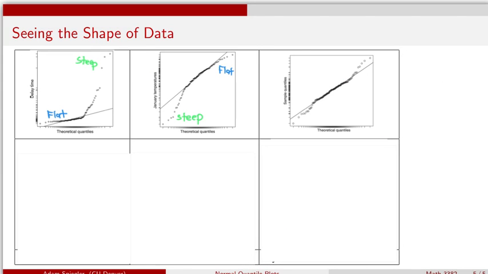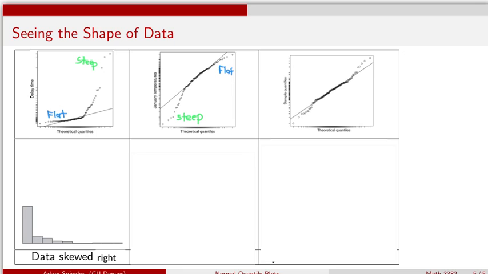So to just summarize the examples that we took a look at, this first normal quantile plot over here, where it started off really, really flat and then became really steep, remember that was for the flight delay time. And we would say that this distribution is skewed to the right because most of our values are located on the left and we have a tail out to the right. So we describe the direction of the skewness of data, that is, when data is not symmetric. We describe the shape in terms of the skewness in the direction of the tail. So since the tail is on the right side here, we say that this distribution is skewed to the right. More of the values are on the left, but again, we describe the skewness in the direction of the tail